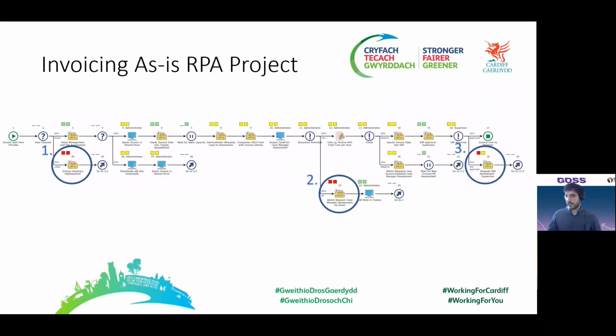In Cardiff Council, we're exploring the application of robotic process automation in our administrative processes. Here is one of the examples that we used in the business case to get this put forward. Specifically, this is an invoicing process in one of our departments. After having conversations with the stakeholders, we identified 5 different tasks that happen through the process that were suitable